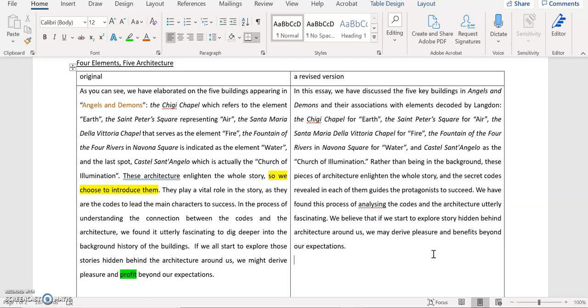And then I say, we believe a lot if we start to explore history, not story, maybe history, oh yeah, story. To explore stories, but you use plural, that's fine. So if we start to explore stories hidden behind architecture around us, we might derive pleasure and benefits. I use benefit instead of profits beyond our expectations, and that's pretty much the things that you